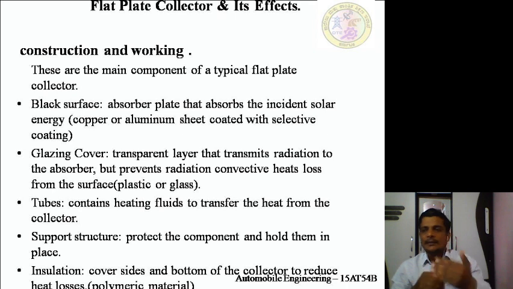Okay, then come to the black surface, that is the main component. It is a flat surface with high absorbability for solar radiation, called an absorbing surface. The flat surface is usually made from a metal sheet 1 to 2 mm thickness. Copper with a layer of black cupric oxide is used as a material for the black surface. Silicon on metal is also another example.